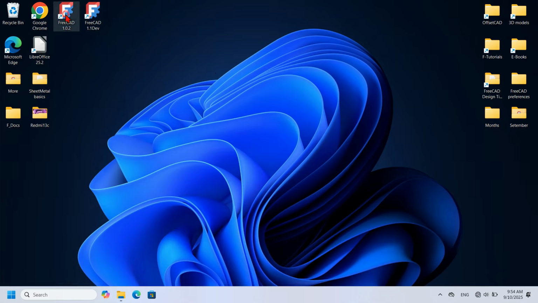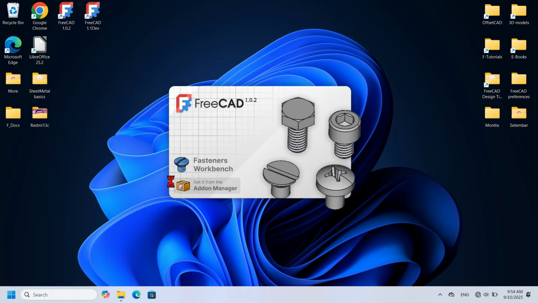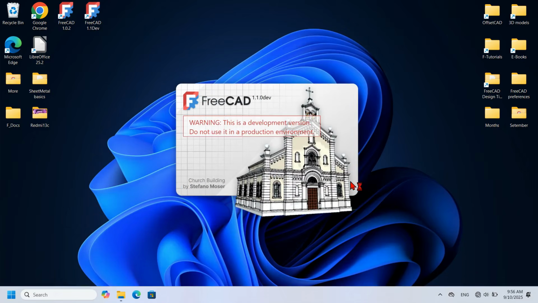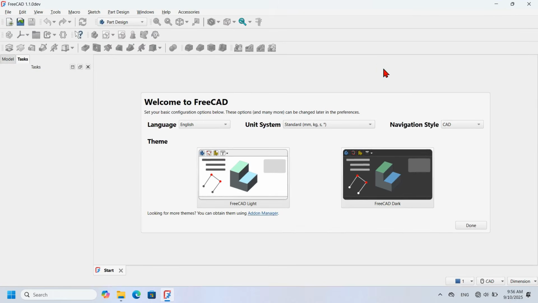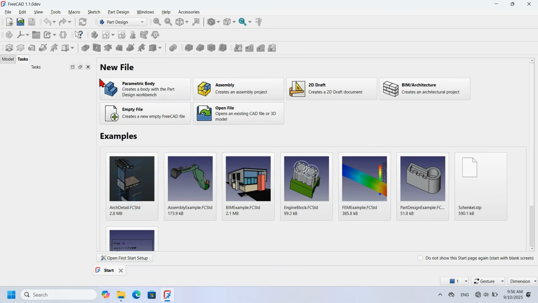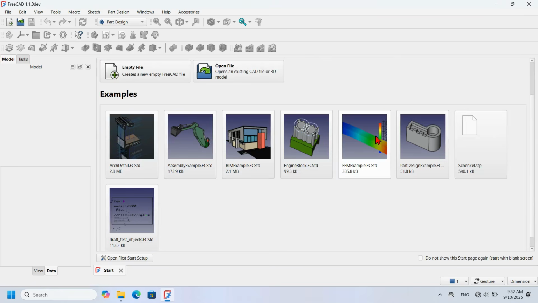When you start each version, you can identify the stable version from the dev version. The stable version never shows a warning message. This alert is specific to the dev version. On the first launch, FreeCAD opens the basic setup screen where you set the language, unit system, theme, and the navigation style. After completing this setup, the program loads the start page, which is the screen you will always see